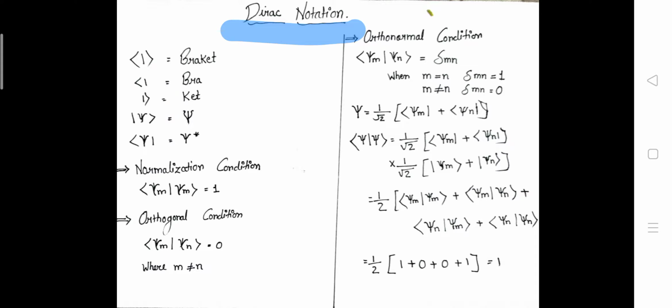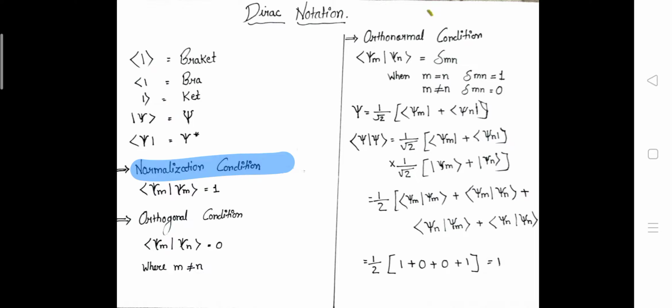Here we have been given the first operator, which is known as bracket, which consists of two kinds of operator. The first one is bra and the second one is ket. Now let's operate these two different operators on the wave function. What happens if we operate the ket vector on psi? We will get psi as it is. But if we operate the bra operator on psi, we will get psi star, which is the complex conjugate of the psi wave function.